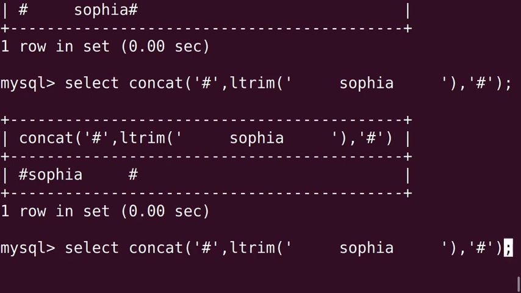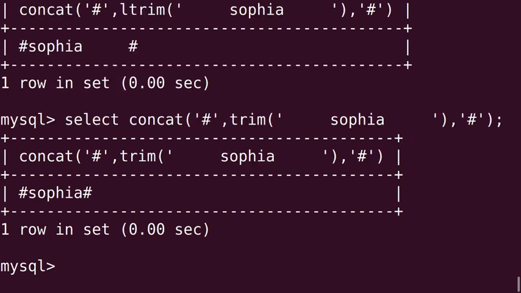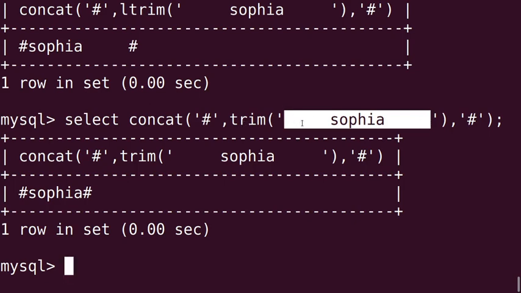Now we will see the trim function and see the output. Trim function, I told you, it removes leading spaces as well as the trailing spaces.